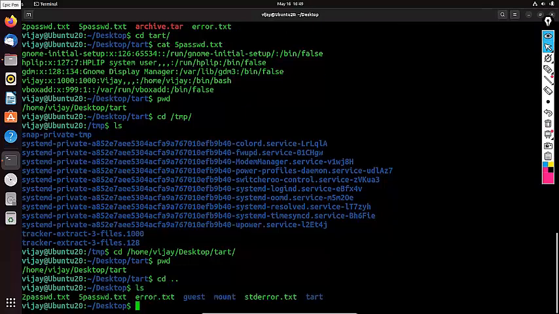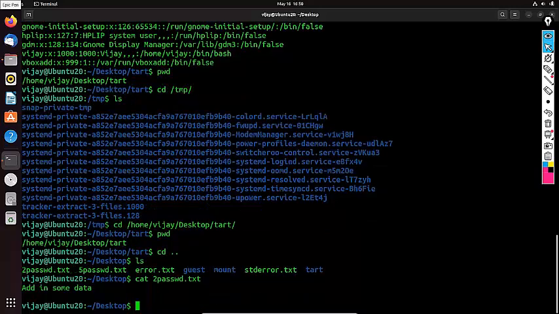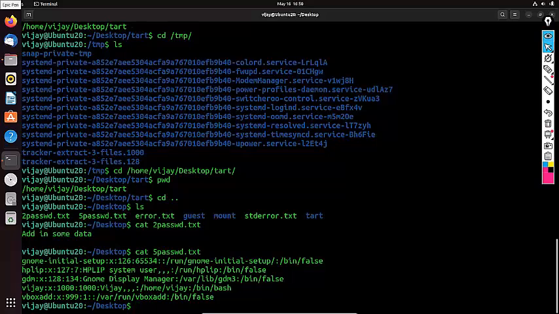Check it here: error.txt, 5pass wd, 2pass wd.txt. So if I want to check the content of this, I can use 2passwd.txt, add in some content, and here there is nothing. So I am going to check the content in 5passwd.txt. Here is some content, and also I am going to check the cat std